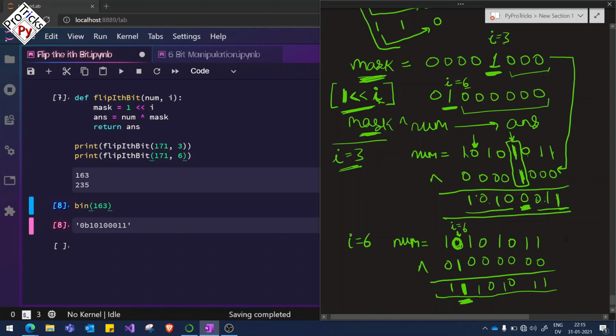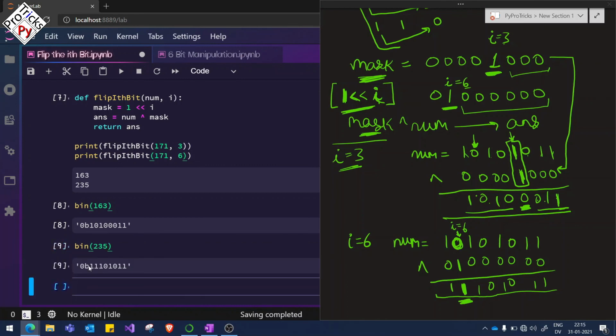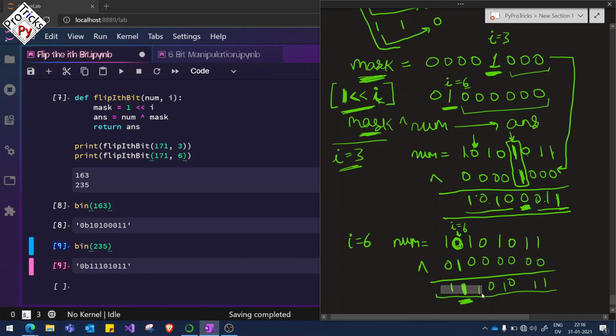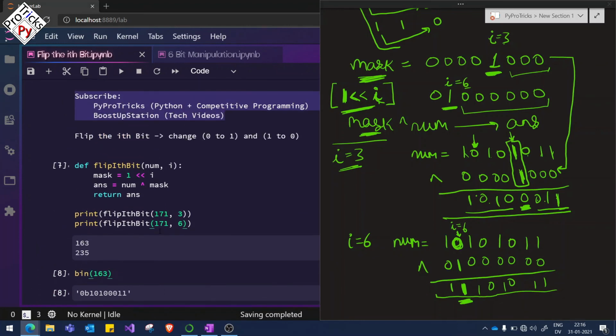So we are correct. Let us check the binary representation of 235 also, and you see here 11101011. So we have successfully flipped the ith bit from 0 to 1 and 1 to 0.